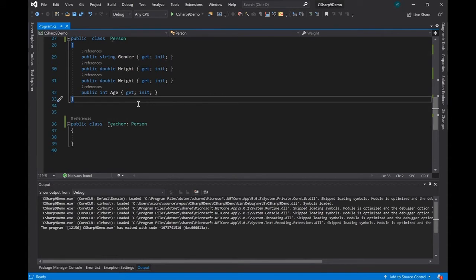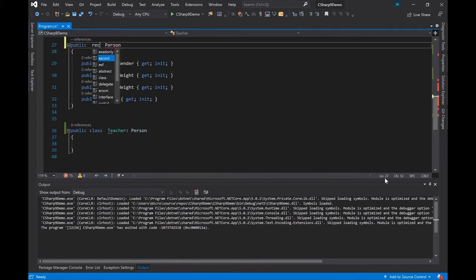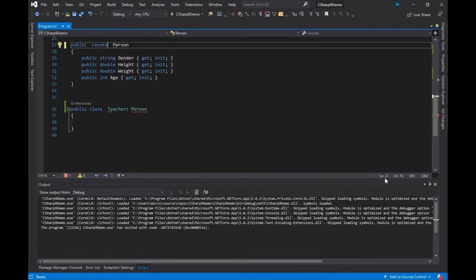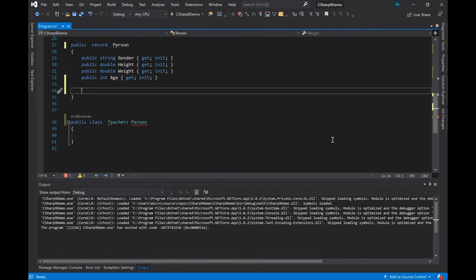Right, so let's go back to the same class. We've got the Person class. To change this Person class into a record, you just remove the word class and type in record. So that's changed to a record. We can improve on this. One way to do it is to use this new positional syntax, which basically uses the constructor in place. What you can do is just type in